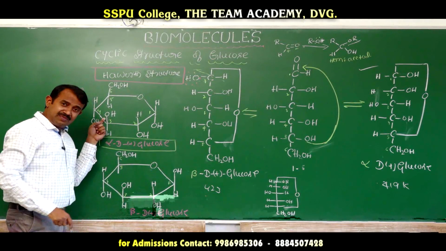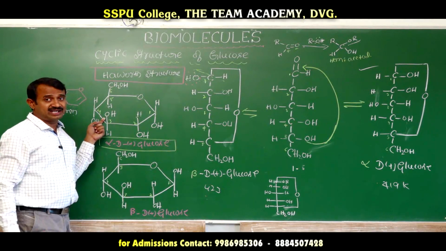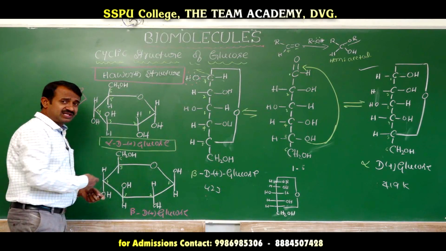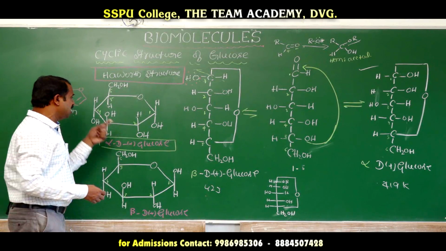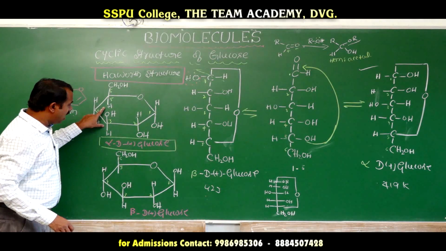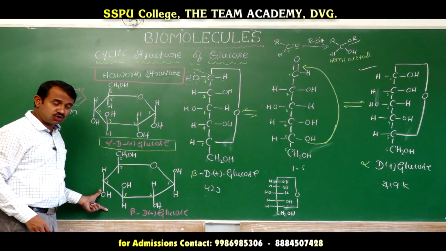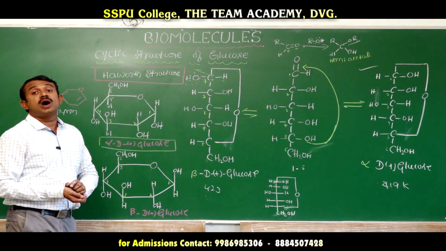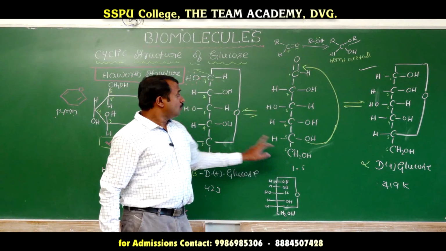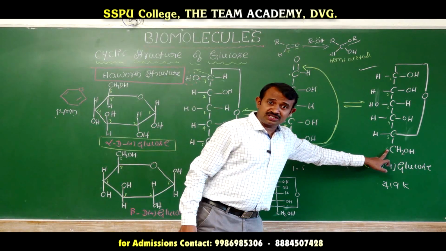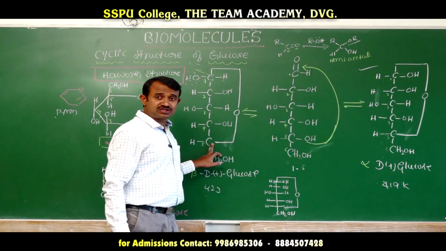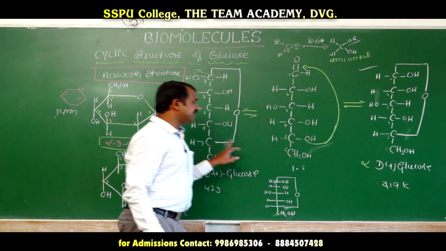If you know this well, we can go easily. You will write that it has a ring structure. That's why I will tell you the techniques for alpha glucose and beta glucose. Next we will go for alpha glucose and beta glucose. These are the monosaccharide structures of glucose. This is the open chain structure. Both have closed structures, the closed structure of glucose: alpha glucose and beta glucose, both having a cyclic structure.